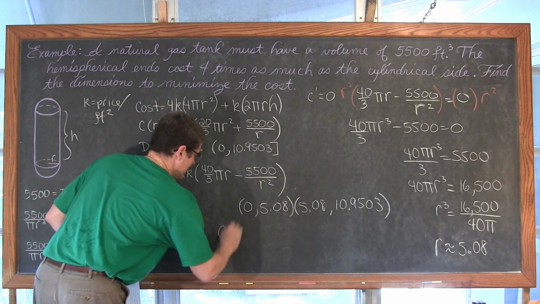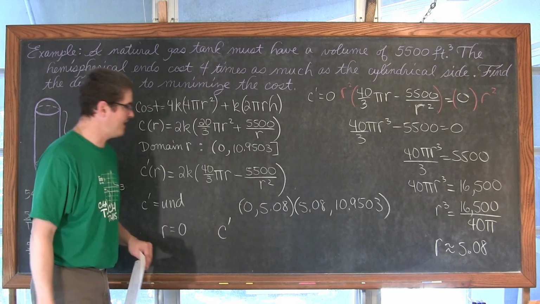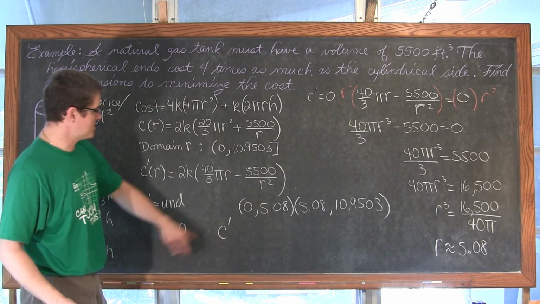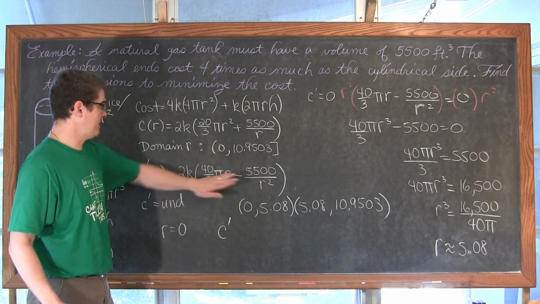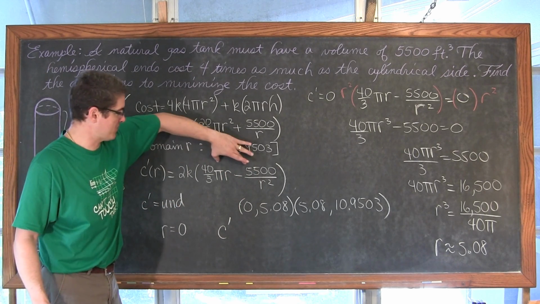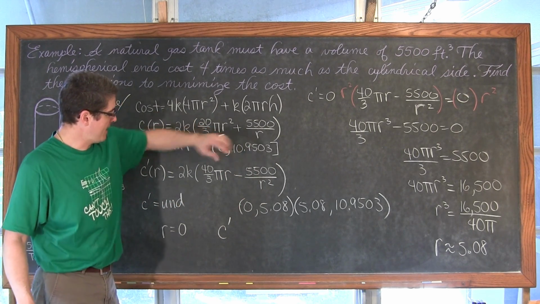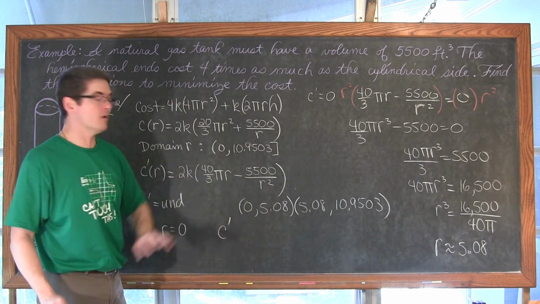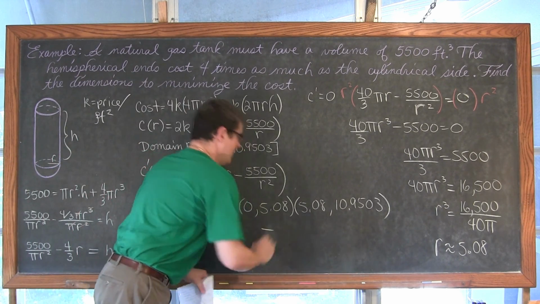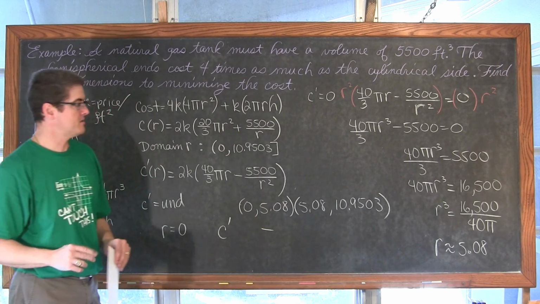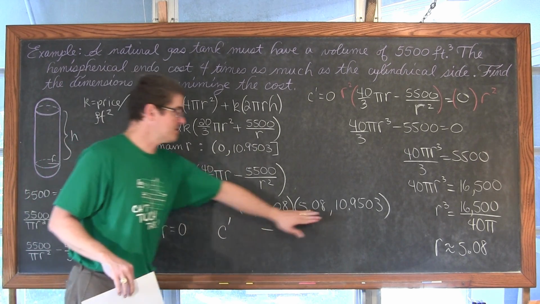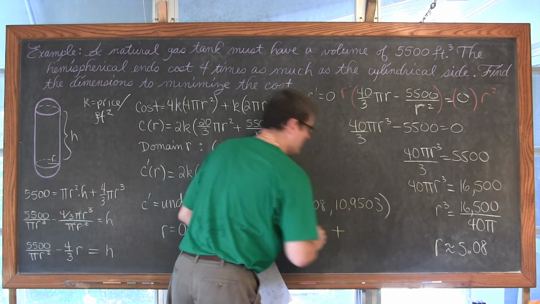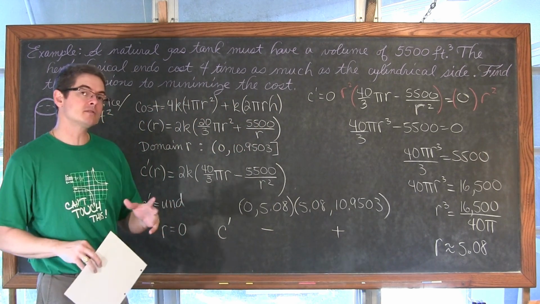We are going to take a value of 1 and plug it into this first derivative. This is obviously a positive cost, so we'll just focus on the inside function. When we plug in a value of 1, it's going to come out to be negative. When you take a value from 5.08 to 10.95 and plug it into your first derivative, it is going to come out to be a positive value, showing you that you do have a relative minimum